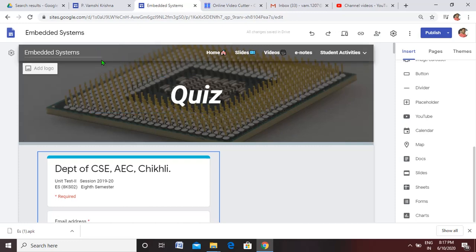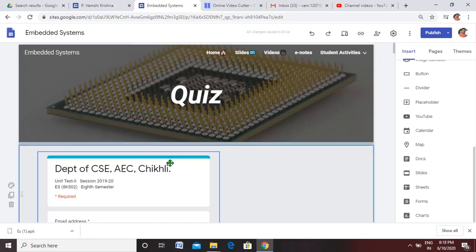And once the web link is given to the student, the student can simply open the website, and under the website, if he wants to study some slides, he can take the help of the slides. If he wants to study some videos, he can take help from these videos. And if he wants to study some notes, he can take the help of these notes. So any type of material will be available here on this website. And simply under these activities, if he wants to attend this quiz, then he can also attend this test. So right now we'll see how the form